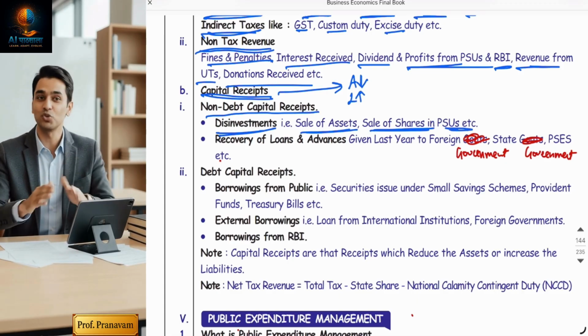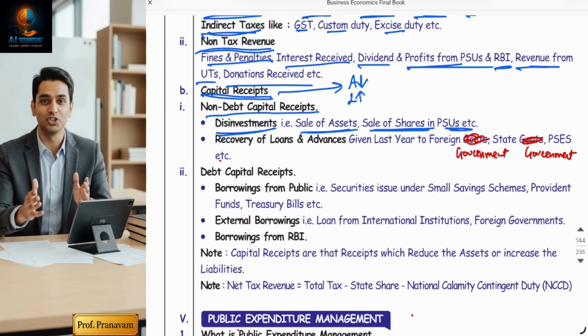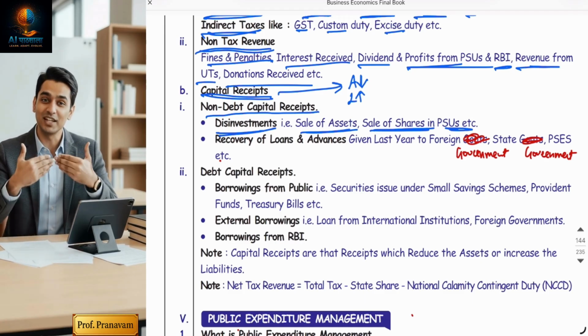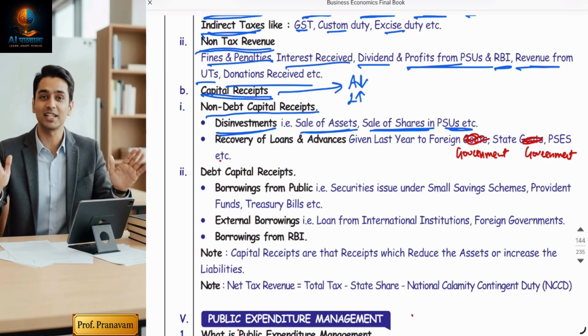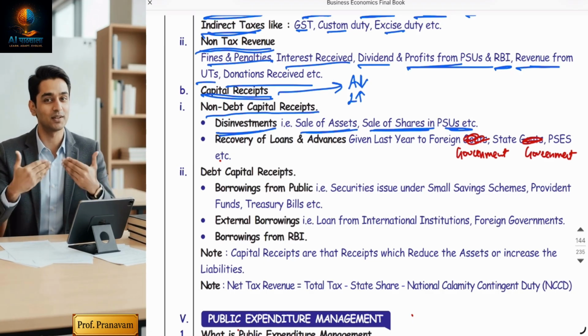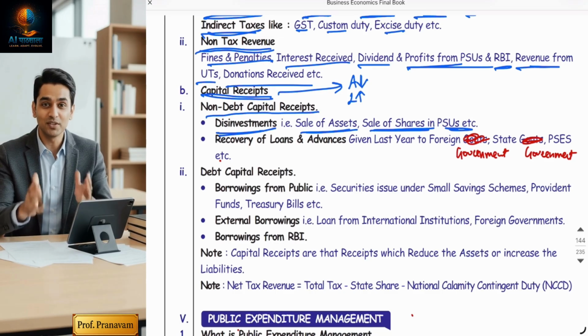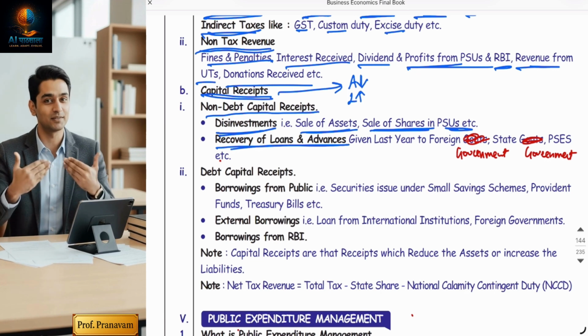Sometimes the Government of India sells companies also. Yes, the best example is Air India. Earlier, the Air India company was owned by the Government of India. Today, it is owned by Tata. How come Tata became the owner? Because the government has sold that company to Tata. It's called disinvestment.